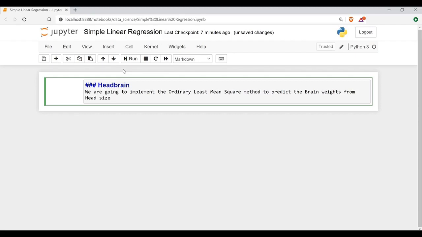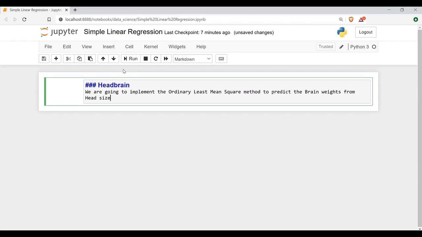Suppose we have to find out the weight of the brain of someone. We cannot simply weigh the brain. So that's why we'll be looking at the relationship between head size and brain weight. By knowing the head size of an individual, can we predict the weight of the brain? That's why we have to analyze and study head size and brain weight. We have some data, some medical records which we already have, and there are almost 237 records in that. We'll use those records and create a model which can predict the weight of the brain by understanding the relationship between head size and brain weight.